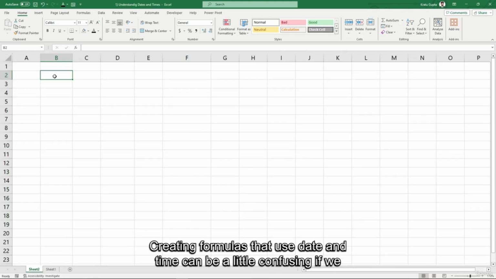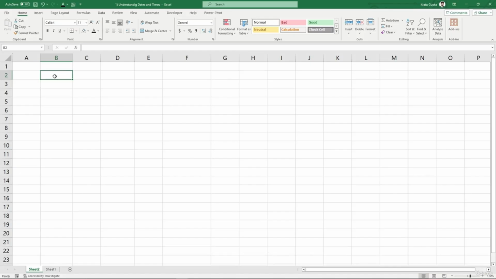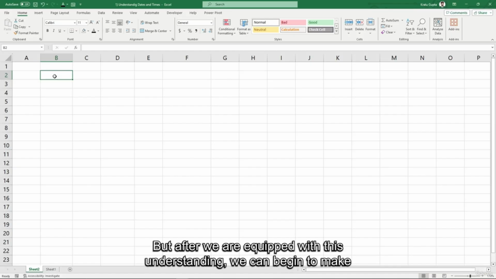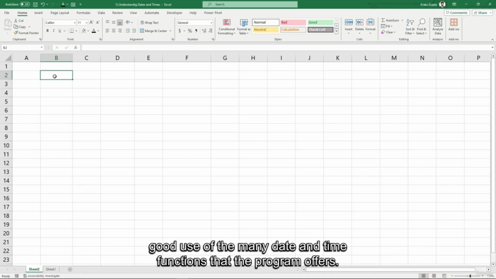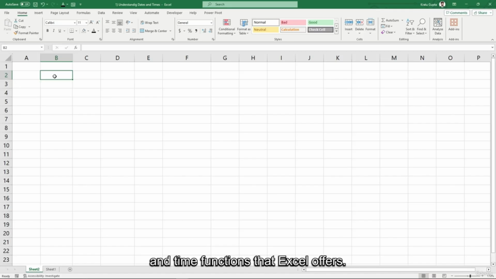Creating formulas that use date and time can be a little confusing if we don't have a good understanding of how Excel treats these types of values. But after we are equipped with this understanding, we can begin to make good use of the many date and time functions that the program offers. So, in this and the upcoming sections, we are going to discuss the various date and time functions that Excel offers. To start with, we enter a date like this,